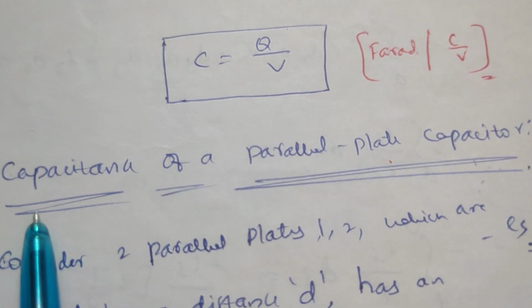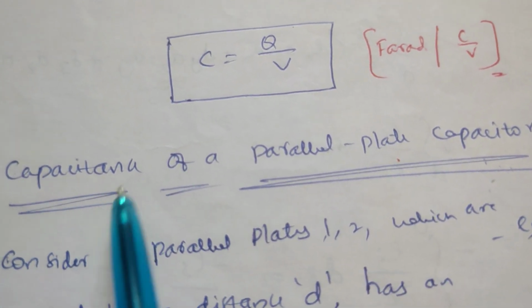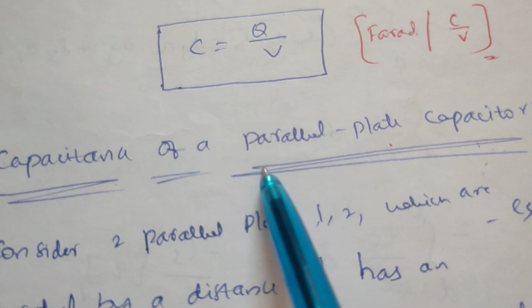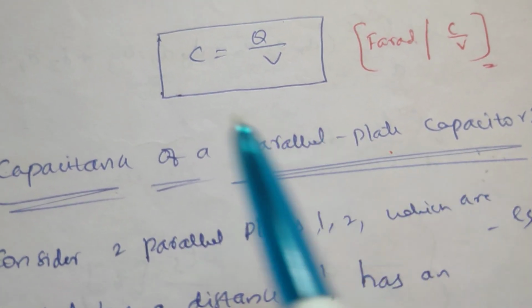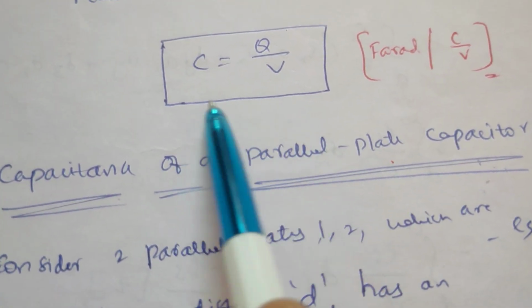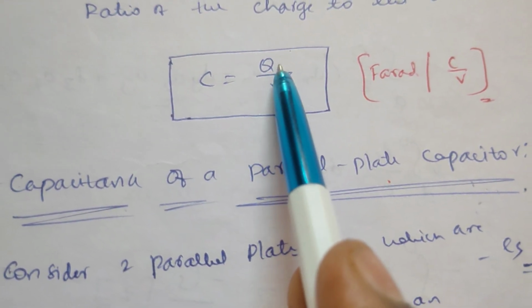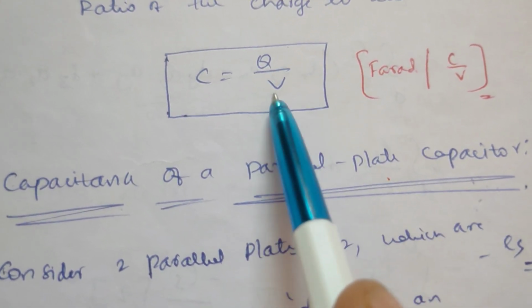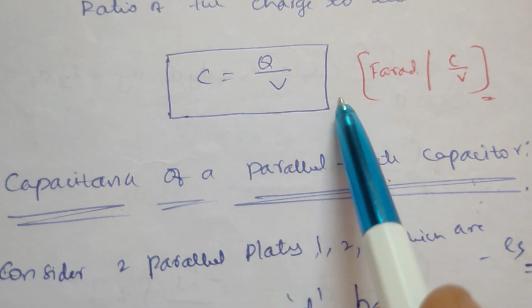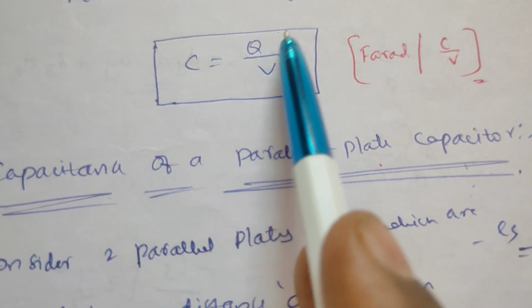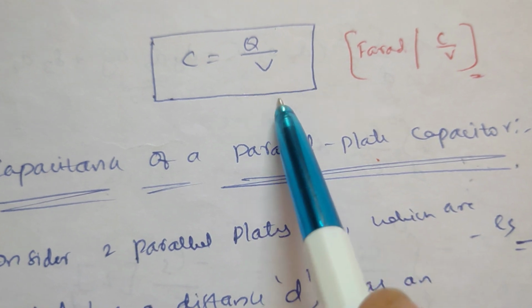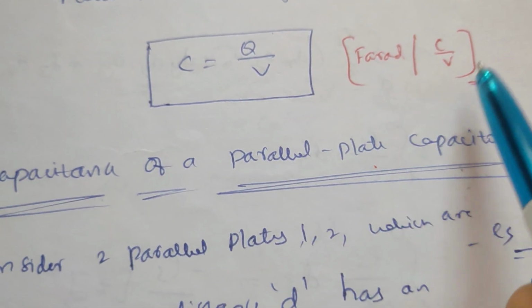Hello everyone. Now I am going to explain a topic on the capacitance of a parallel plate capacitor. Before that, first of all, we need the basic definition of capacitance. It is defined as the ratio of the magnitude of the charge on one of the plates to the electric potential or potential difference. Nothing but a ratio of charge to electric potential, and the unit is farads or coulombs